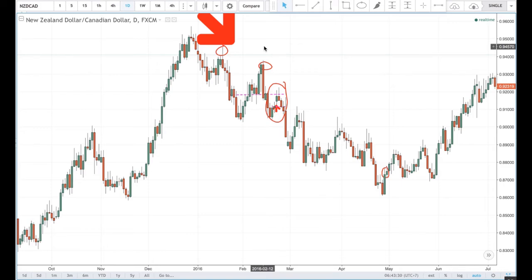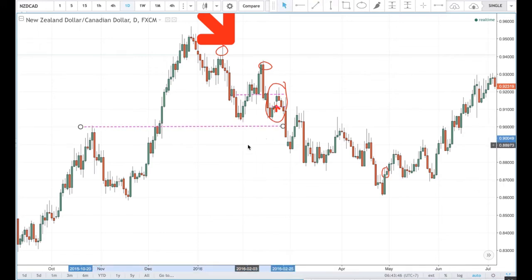Okay, now here's the tricky part. The reason why I say two time frames is, watch what I'm going to do right now. What if I said, but on the daily chart, Naveen, here's the support equals resistance for that guy. Isn't that supposed to be a buy? You see what I mean by two time frames? The more time frames you involve, the more confused you're going to get, and the more you're going to be like, well, I don't know what to do anymore. Same happens when you go down a time frame extra as well. You're going to start getting confused, like, oh, it's a buy, but right now, it's going to speed up the things even.